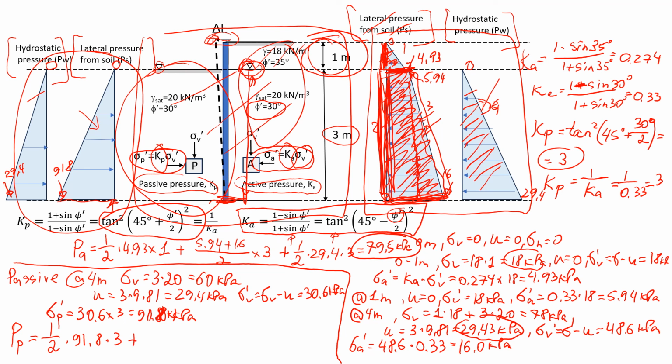And then we're going to add also the pressure from pore pressure. So it's half of the water pressure, 29.4, and again it has a length of 3 meters, so that will give us approximately 181.8 kPa,